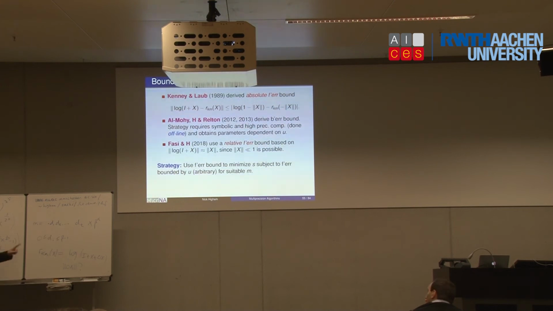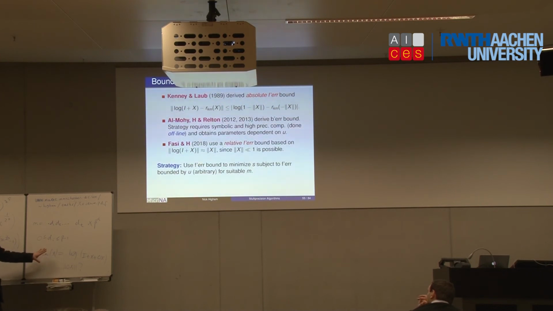The reason we prefer this to using the Kenney-Laub approach is that the Kenney-Laub bound will depend in some way on the conditioning of the problem. Whereas backward error is just entirely relative to the data. There's no condition numbers we have to worry about in this form here. We simply have to say how big is delta X compared with A. So this is a bit easier to interpret. But this requires a different analysis.